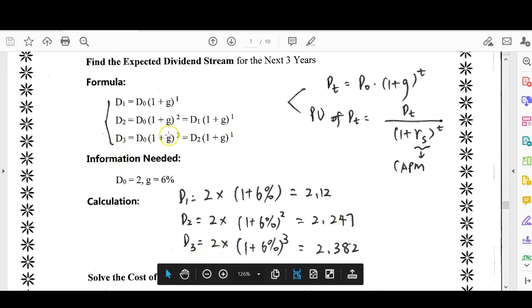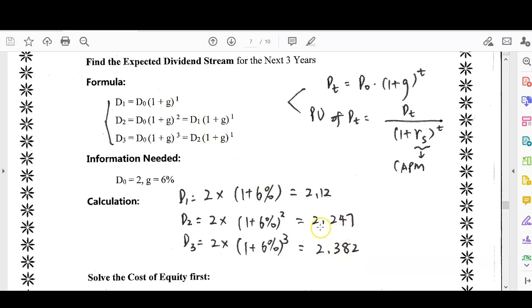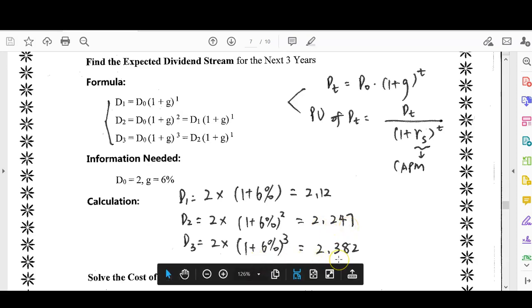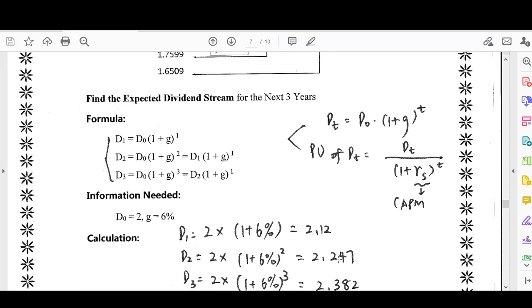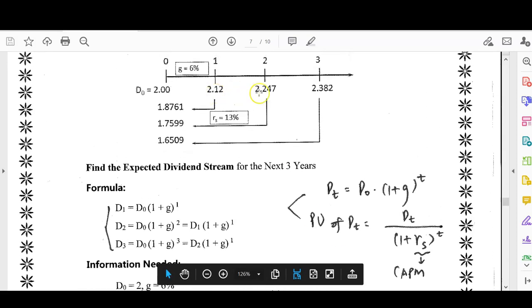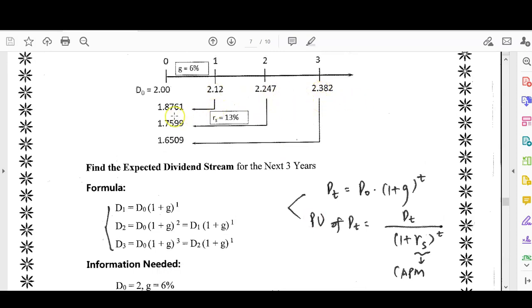D3 equals D0 multiplied by 1 plus g, 1 plus 6% cubed. Okay, we get 2.382. Also, you can use D2, 2.247 multiplied by 1 plus 6% to get this 2.382. Okay, so you can write these 3 dividends on the top line. If we want to know the present value of these 3 dividends,